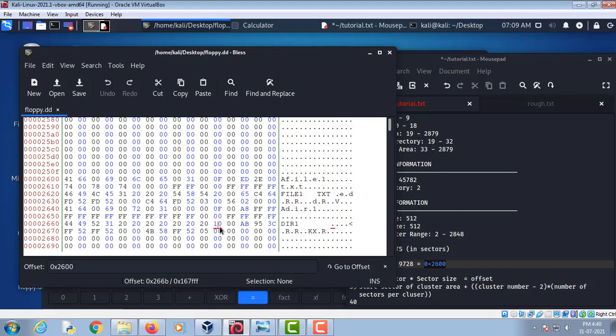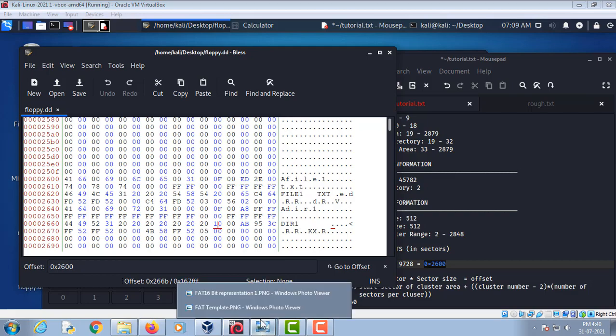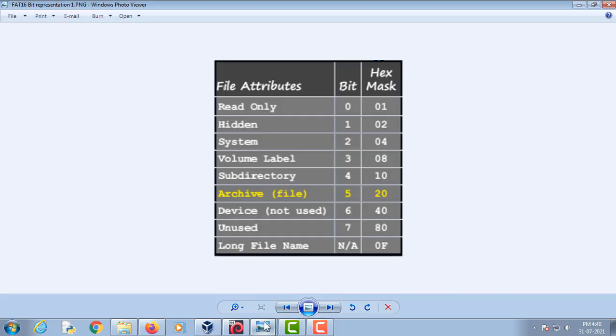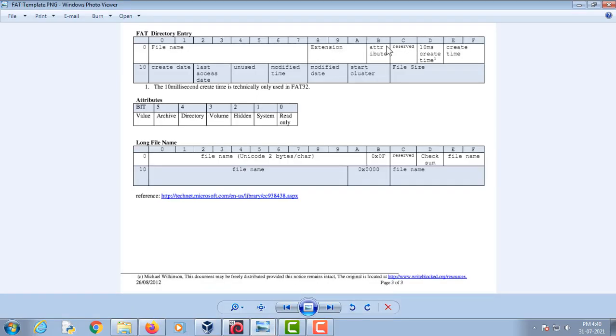We can identify whether it is a directory or subdirectory. So just use this template. Okay. So if we count from here, 1 2 3 4 5, the fifth attribute tells us whether it is a folder or file.